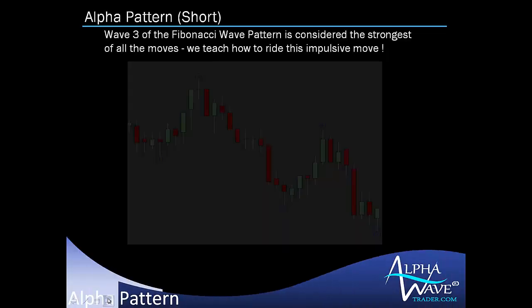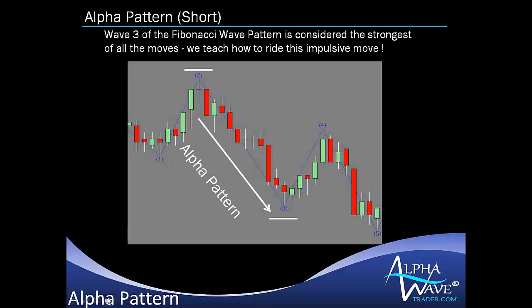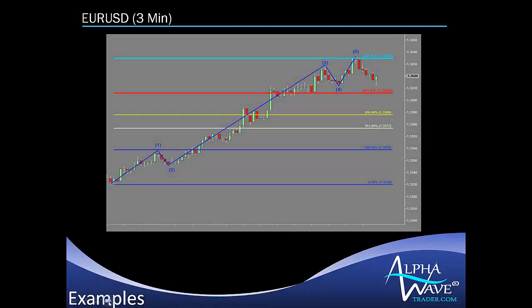So here we are. It is exact same formula that applies to the downside. Very, very clearly, very weak and very important not to acquire short at the end of wave 3. So here's Euro's 3-minute chart reminding you how critical wave 3 is and how dangerous it is to buy at the end into most important Fibonacci levels in the market structure.